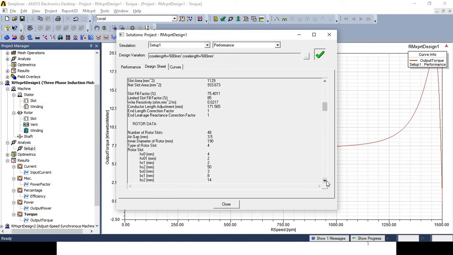Then also you will get the information about slot fill factor in percentage, limited slot fill factor in percentage, wire resistivity in ohm mm square per meter, conductor length adjustment in mm, end length correction factor, end leakage reactance correction factor. Then in case of the rotor data, number of rotor slots,